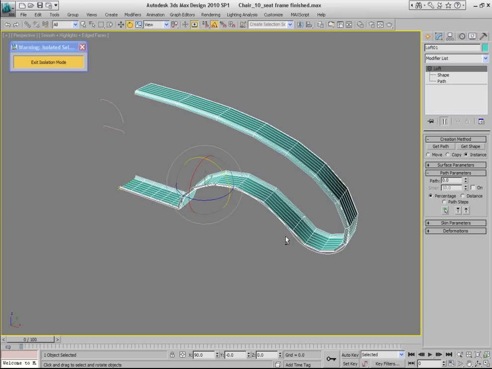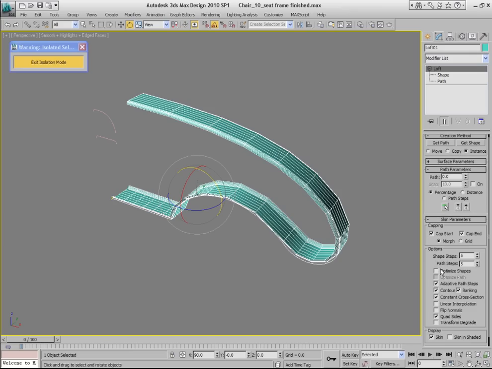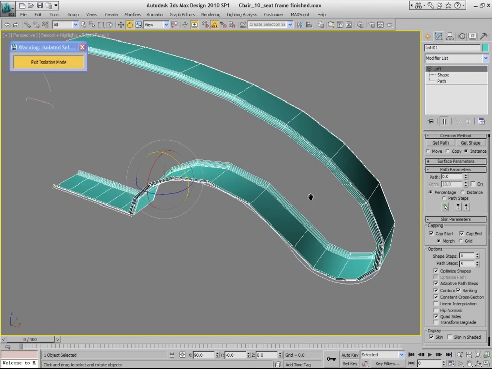And now it's time to optimize it because obviously right now it's not very well optimized. It's got way too many segments right here and too many little segments along the long curves. So let's go ahead and go to Modify Panel, then go to Skin Parameters and click this Optimize Shapes checkbox. That will optimize the shapes a little bit. They will remove extra segments along the straight lines. Then